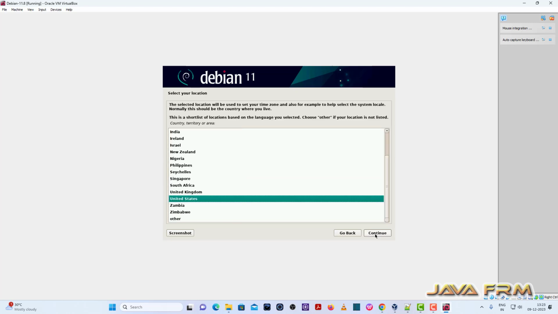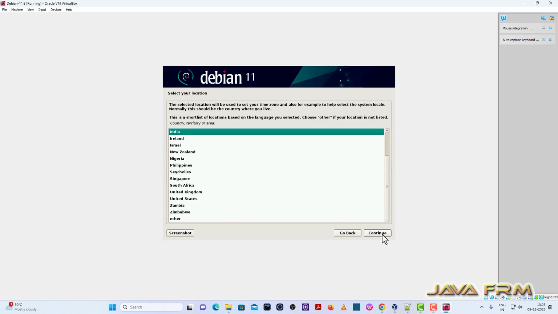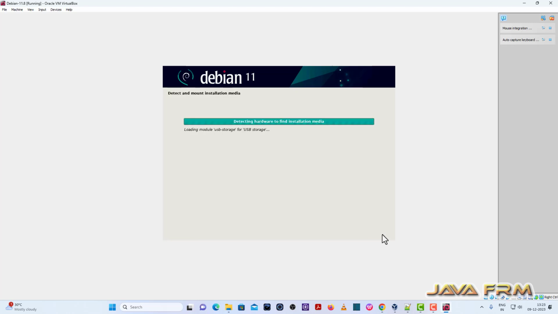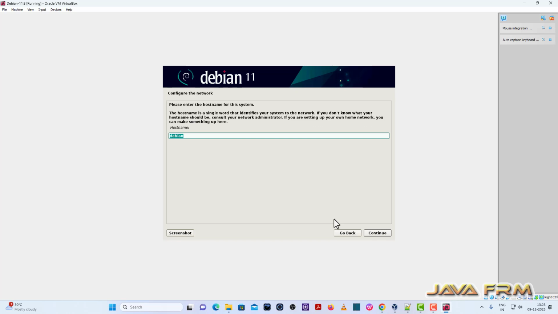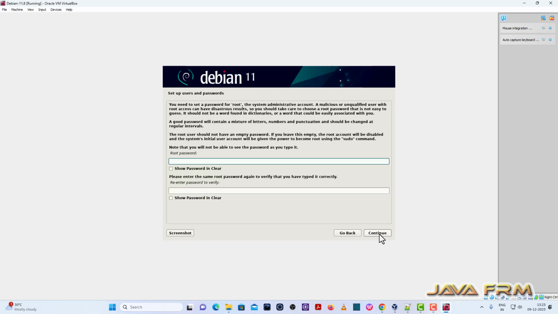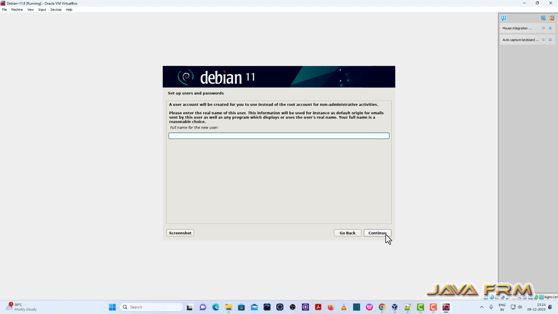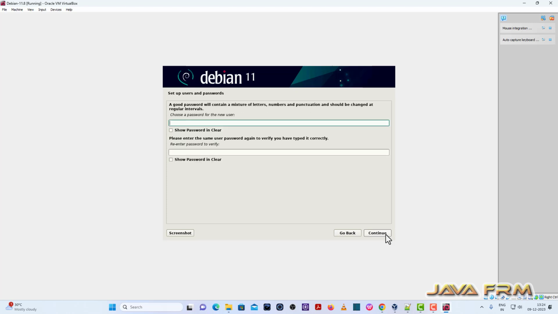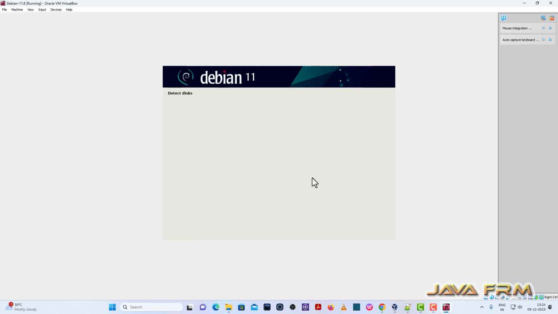English is my default language. So I am selecting my location. So provide the name of the computer, that is the host name, for this machine. Provide the root password. Provide the login username. Okay, after providing the password,